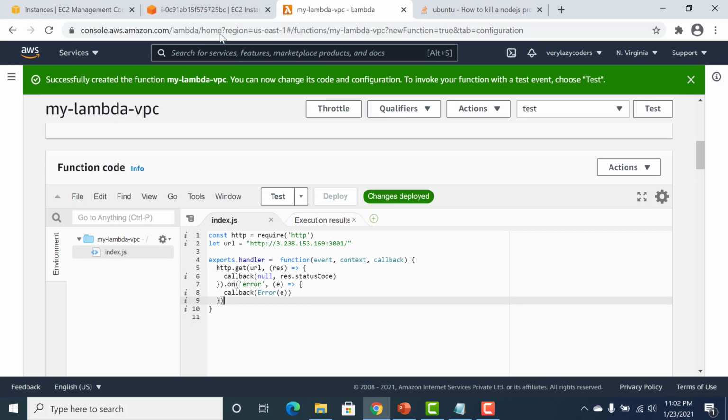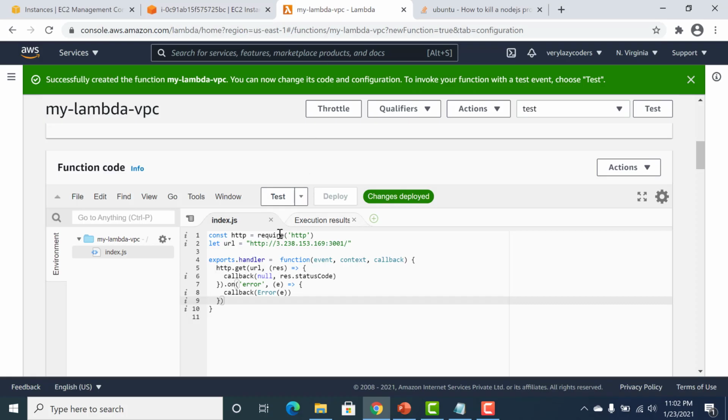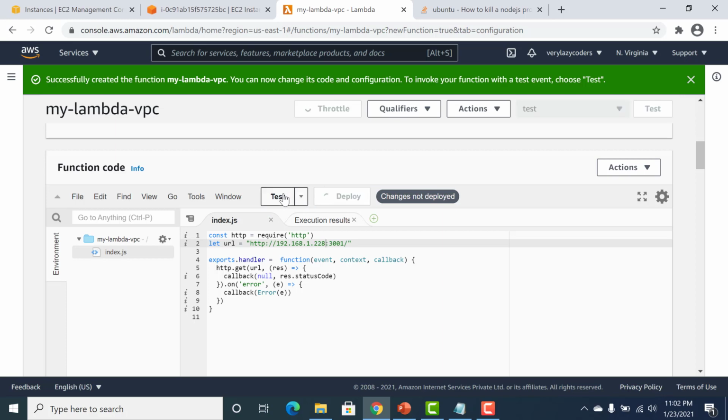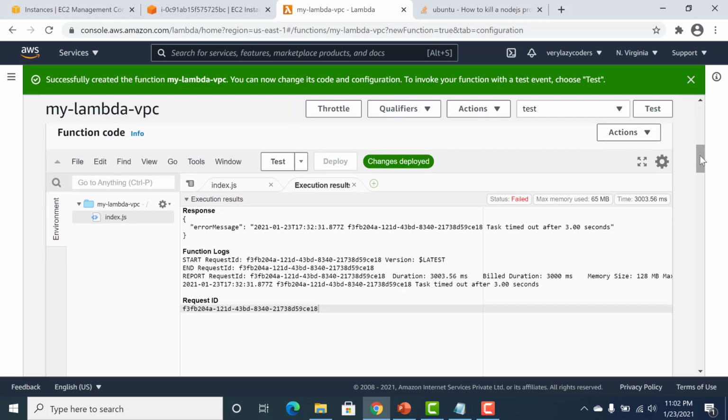The second thing I will do is try to connect it using the private IP address. Now if I deploy this and test it, it will not be able to access because it has no access to that particular VPC. It will just time out, stating that it's not able to connect.